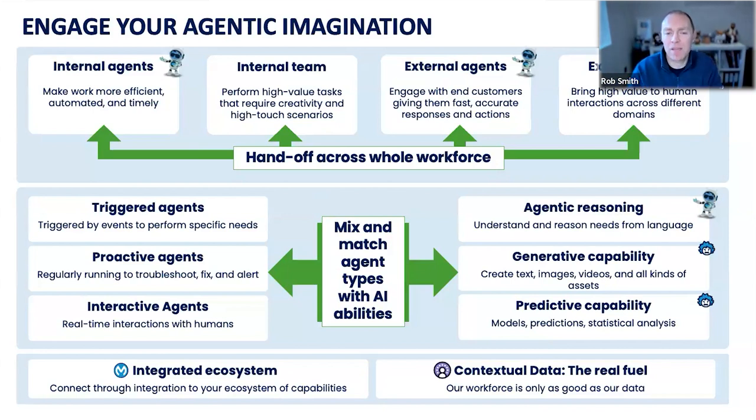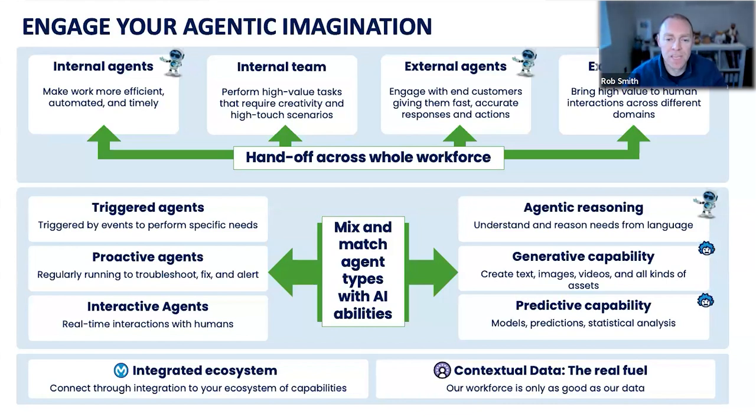So first of all, let's think about the people involved in our workforce. That's the top box. We've got internal agents, we've got our internal team, we've got external agents we can build, we've got our external team, people who face customers, and customers themselves. And you can think of there being handoffs across this entire workforce. That hopefully engages the mind to think not just of one agent, but of many agents performing many tasks and interacting with many parts of your workforce, because that is a real good way to think of lots of